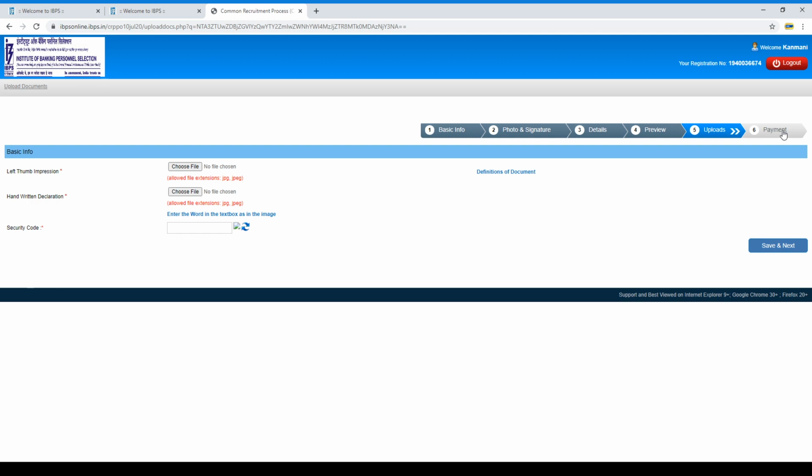You can pay the amount using your bank details. Yes, that's all. It's over. You can just upload your left thumb impression. I don't have my left thumb impression, so you can go. So before applying, you must scan your left thumb impression and your handwritten declaration form.